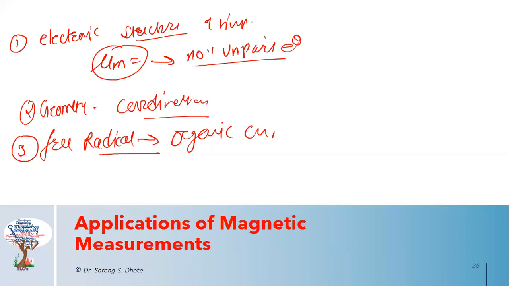So in this lecture we discussed what is the meaning of magnetic property, what is the meaning of magnetic moment, magnetic permeability, different types of magnetic susceptibility, relation between the molar susceptibility and specific susceptibility, what is the paramagnetism, what is the diamagnetism, what is the ferromagnetism, and antiferromagnetism. Also, here we discussed how to calculate the magnetic moment by using a Gouy's balance method.